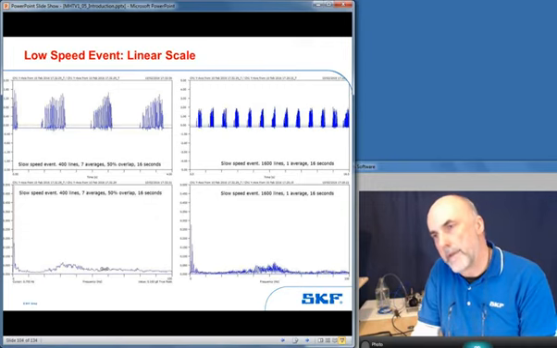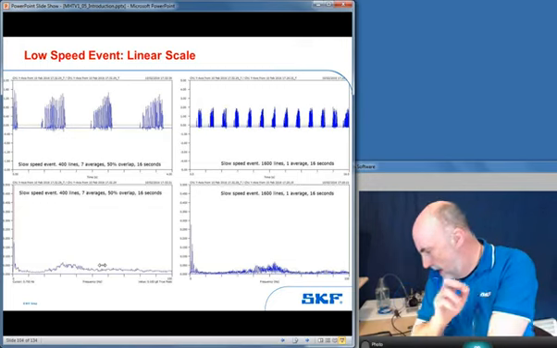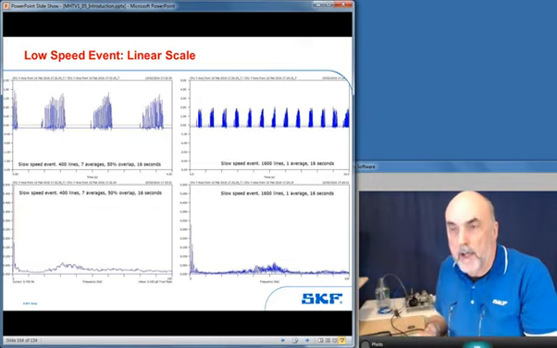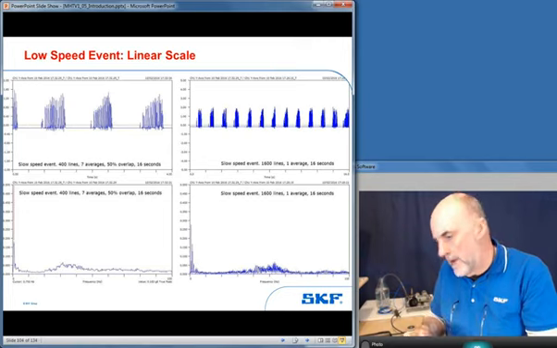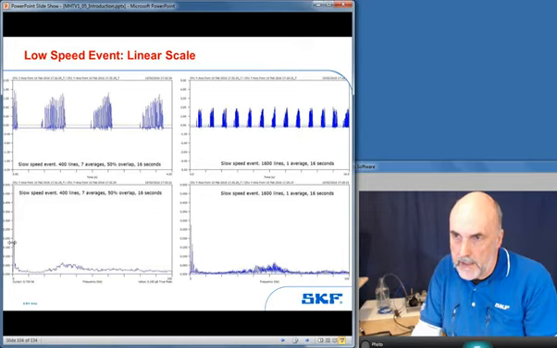Now there's a variety of methods of determining bearing wear, and this is all very well written up in application notes. But one method that some people use is to look at the difference between the peak coming from the bearing damage and what they call the carpet.